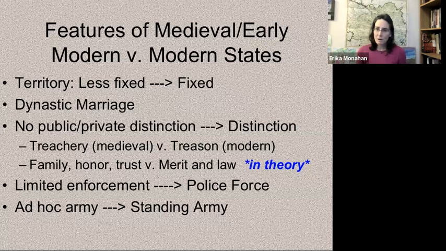In the pre-modern world, that was less the case. Remember when we talked about the feudal world and vassalage and lords, you would have courts that moved and brought their paperwork with them as paperwork became more and more important. So states could be less fixed territorially. Also, in the medieval and early modern world, we see dynastic marriage as being a quite typical way of organizing the succession of legitimate political authority. That tends not to be a feature of modern states. And